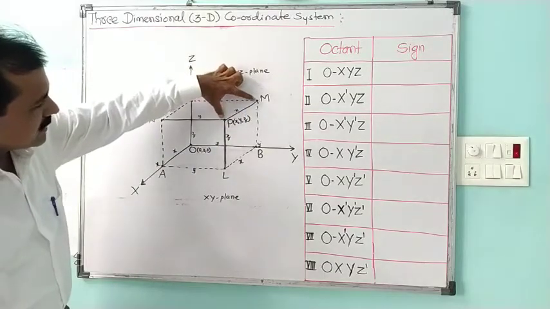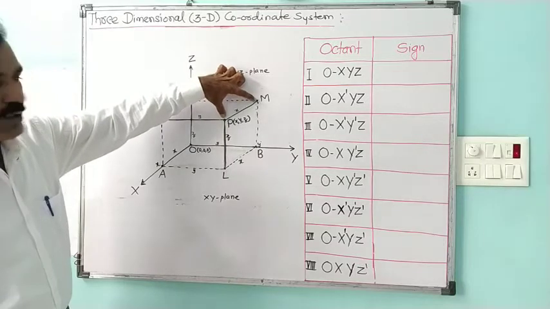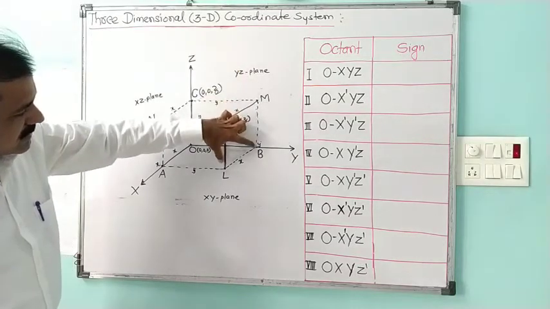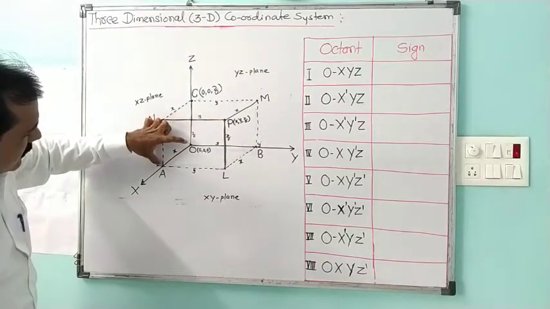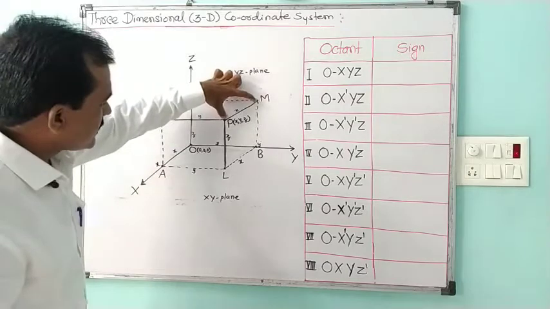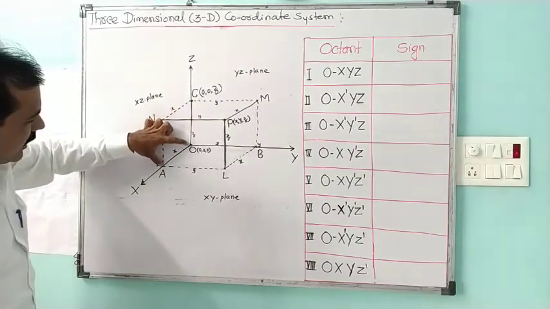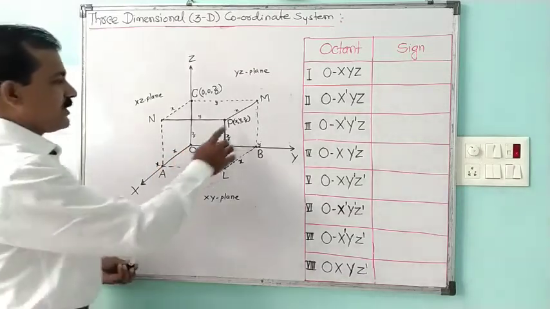This perpendicular's length is x. By the structure of the parallelepiped, this side and this side will be the same, and the same will be the side of this parallelepiped, O to A. So this x will be the value of this AO,